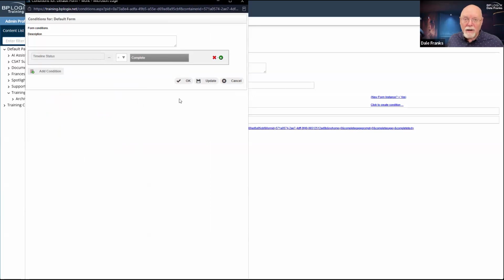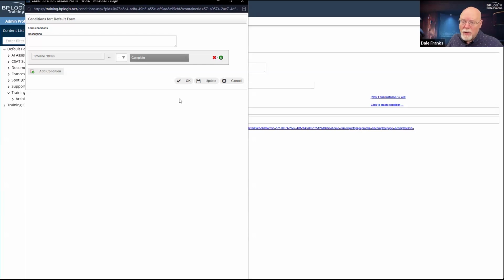So if it's active, we obviously need to be able to make changes to the form. Approvers need to be able to add their comments, whatever. I might return it to the submitter, and the submitter may need to make changes to it. I've got to be able to edit that form. But once my process timeline is complete, the request is done. Whatever disposition it gets, whether it's approved or disapproved or what have you, that process is done.